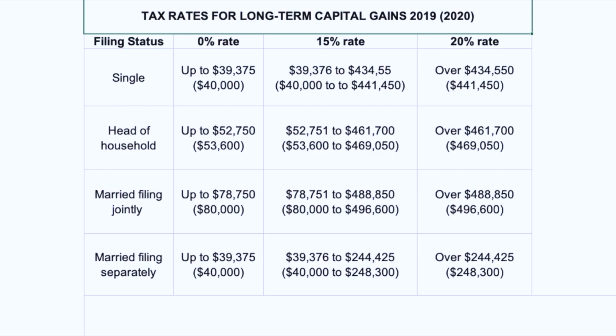Now, what if we use that same example but held our investments a little longer than a year, and assuming you're still at a lower end of the tax bracket? We will have a chart like this with only 3 rates, 0%, 15%, and 20%, based off of your income bracket. Your $15,000 will now fall under the 0% tax rate. And yes, for reals, it won't be taxed. But if your gains are higher than $39,375, then the remaining will be subject to a 15% tax rate. And then a 20% tax rate if your remaining gains are over $434,550.